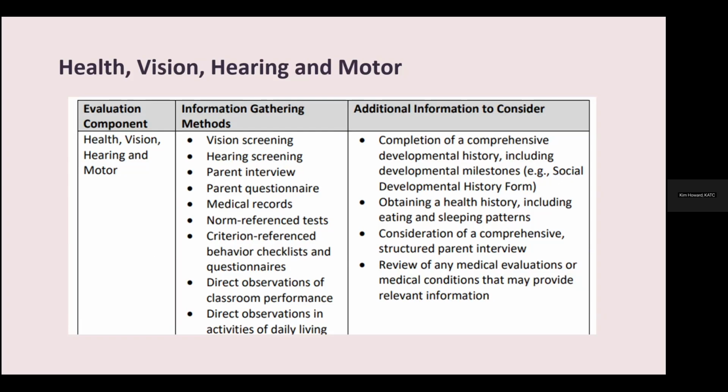It could be things like thinking about motor testing, so fine motor testing or gross motor testing. This might be where you pull in your occupational therapist. Not every student with autism is going to need a gross motor evaluation. Some of them function very well. Sometimes autism does come with gross motor delays, and it definitely comes with fine motor delays. So for students that have a lot of challenges with fine motor issues, it's important to consider, do you need to pull in your occupational therapist or physical therapy based on that specific student's need?